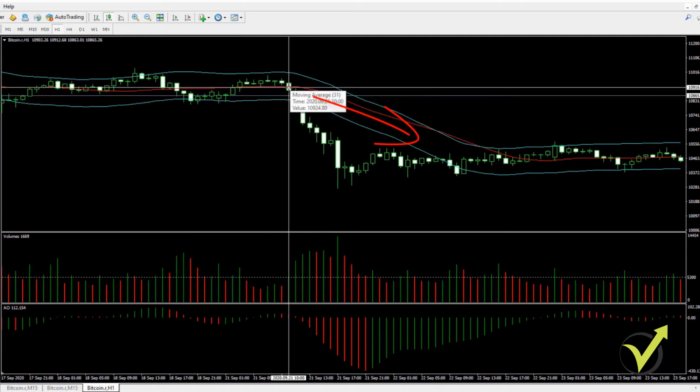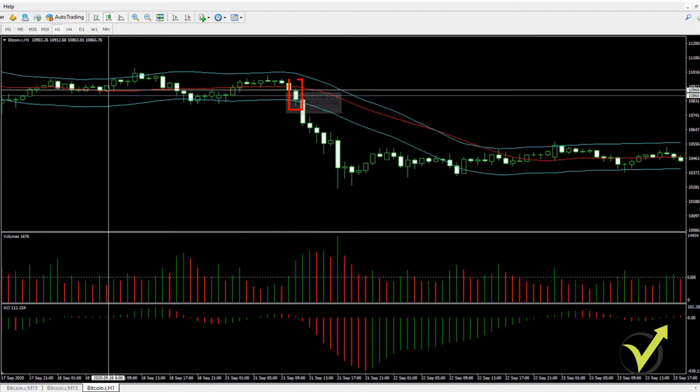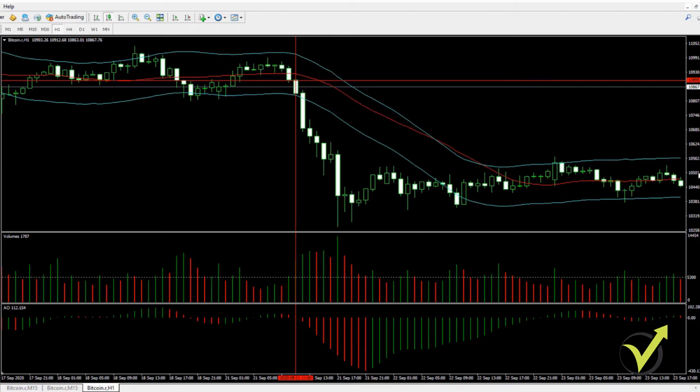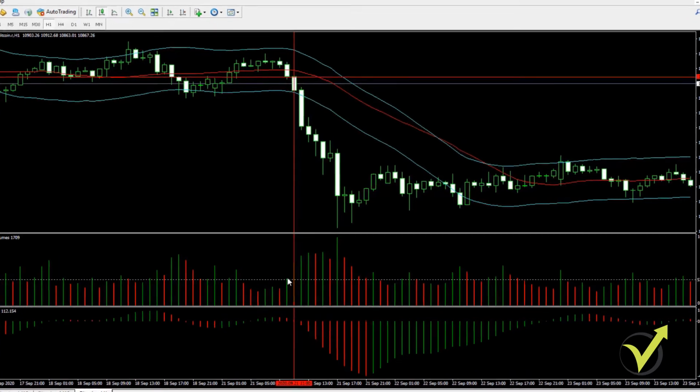Right in here, I think we have a great example of a sell trade. Let me put the mouse on it right here. Okay, I'm used to the strategy, so I see it very quickly, but I'm sure after some time you will get used to it. And here is the first cross.